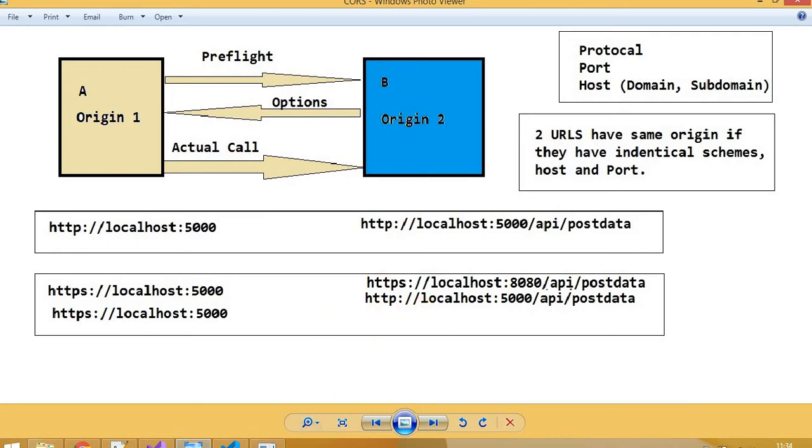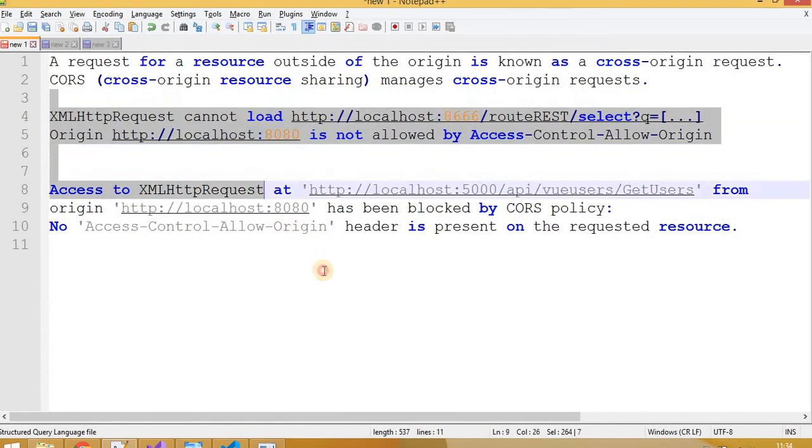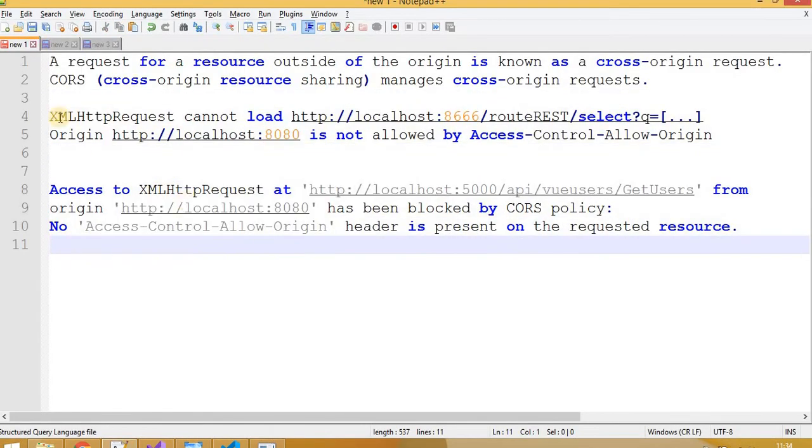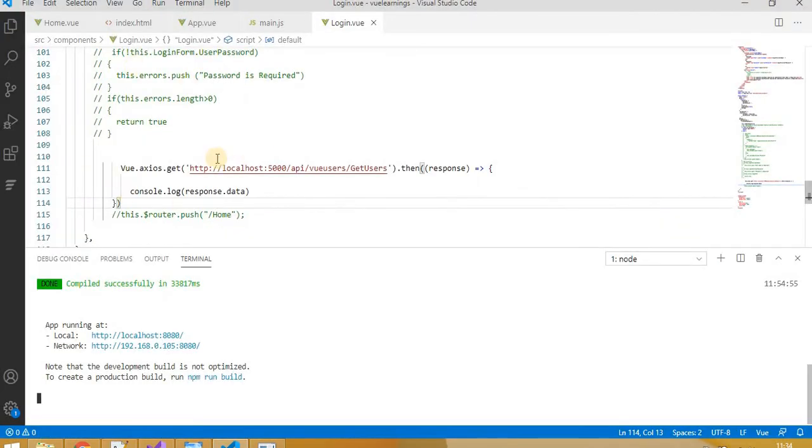So in such cases, we are getting this type of error, right? So how we can fix those errors, we will see in the .NET Core. First I will show you the example here. I have this project here in Vue.js, and from this application, we are hitting the HTTP localhost 5000 API.